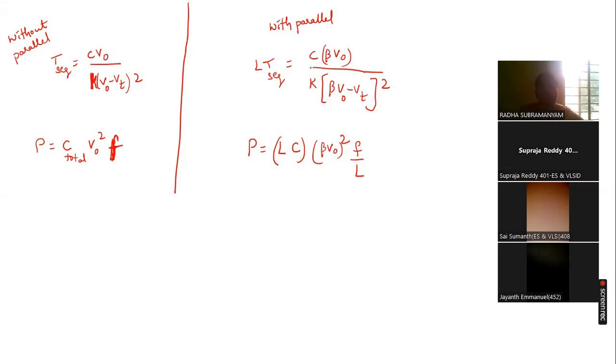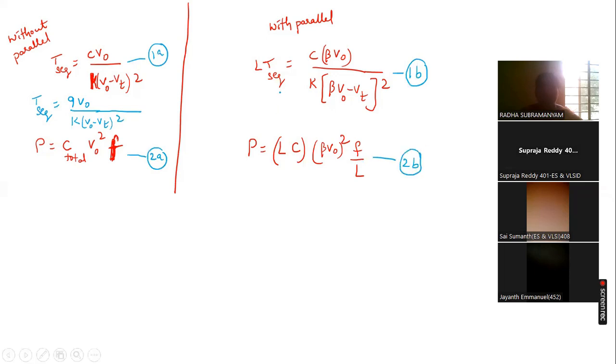Okay. So with parallel processing, the computational time and the capacitance. If we see only the first equation, let this be equation 1A and this be equation 1B. Only 1A, 1B we will take. Here T sequence equals 9 times the charging time, V naught by K into (V naught minus Vt) whole square. Only the first equation we have to operate. After getting the beta value only, we will touch the second equation. So let this be 2A and 2B. We will not do anything with 2A, 2B now. After getting the beta value only, we will go with the 2A, 2B equations.